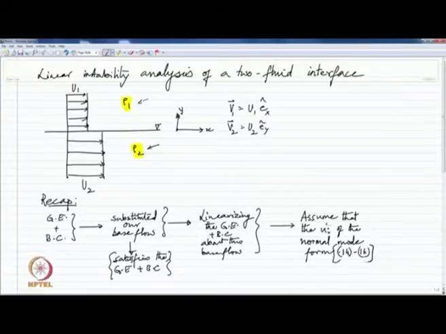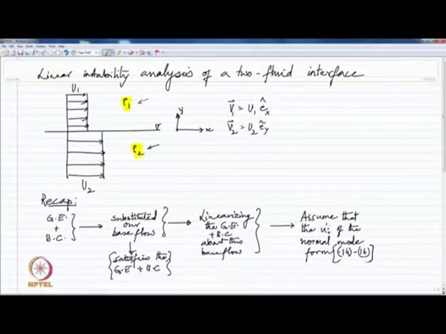We started with our basic governing equations and boundary conditions, and we quickly substituted this base flow given by rho 1, rho 2, u1, u2 into the governing equations plus the boundary conditions to check that it satisfies the equations, as it does. Then we introduce a small perturbation to this base flow field, which we